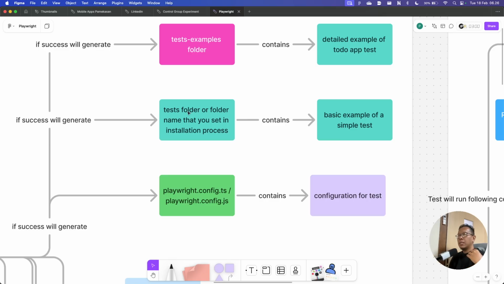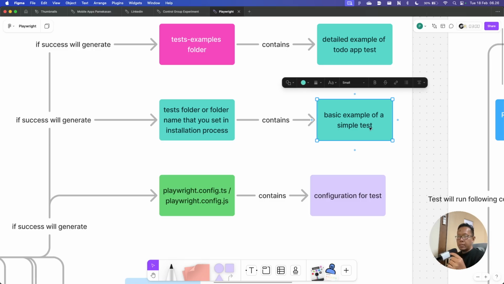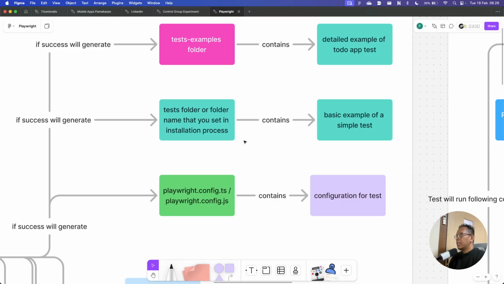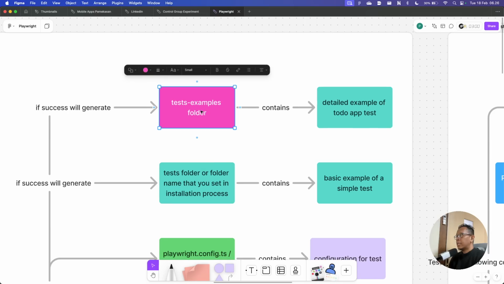But if you choose another name for the test, it will generate the folder based on that name. It contains a basic example of a simple test. It will only open some browser, some URL, and then check the values of text or something like that.